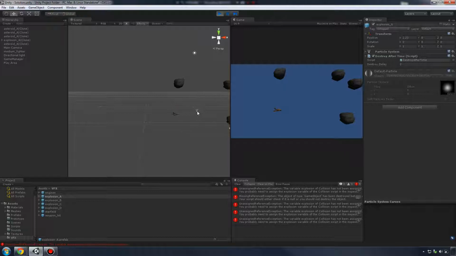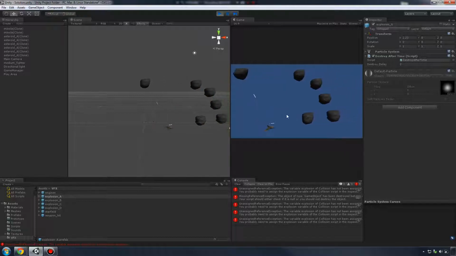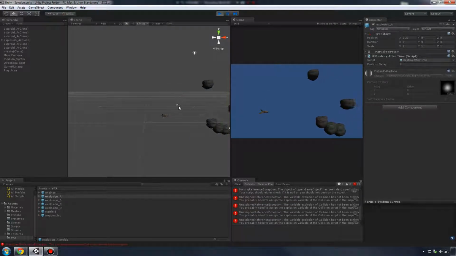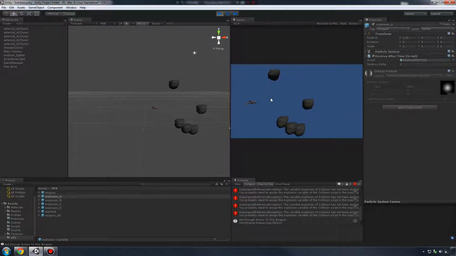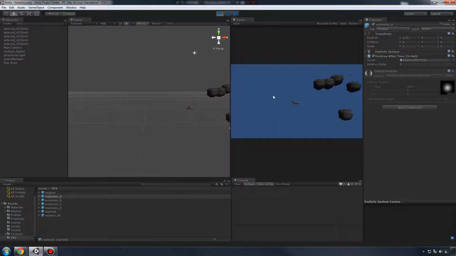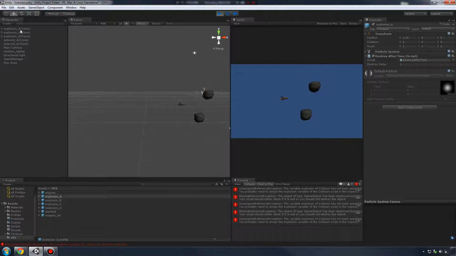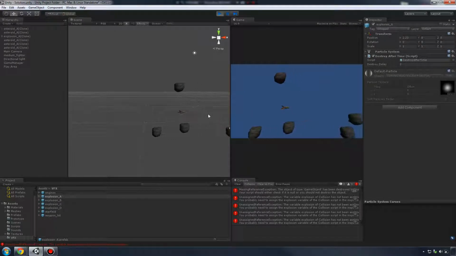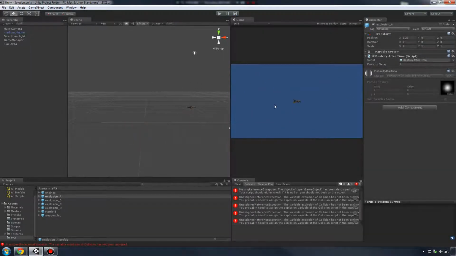look at my scene view here. See how all of my particle systems are going away. And I've run out of missile bullets here. This time look at the hierarchy here. We have explosion A, and now they're just being destroyed after 2 seconds. And now our game scene's not being littered with all these particle systems. And there we go. Alright, so your first mission this week is to set up explosions for all of our